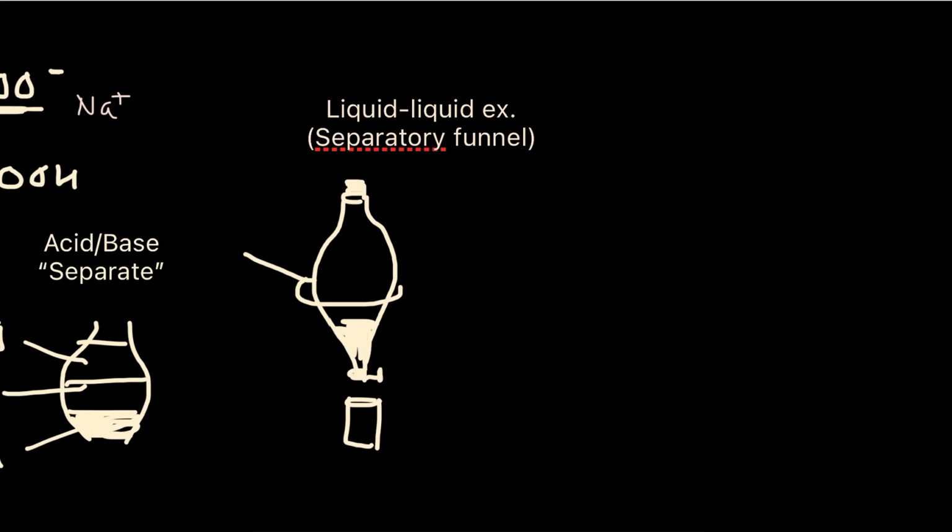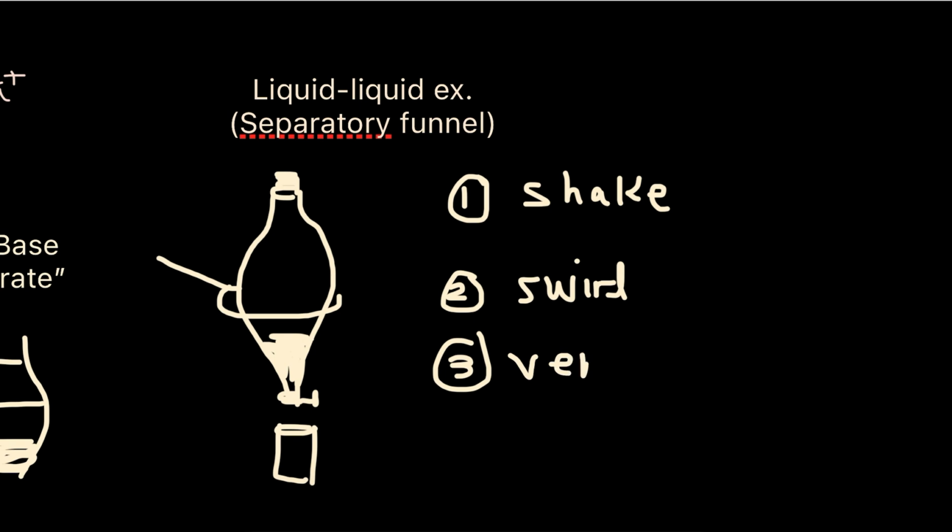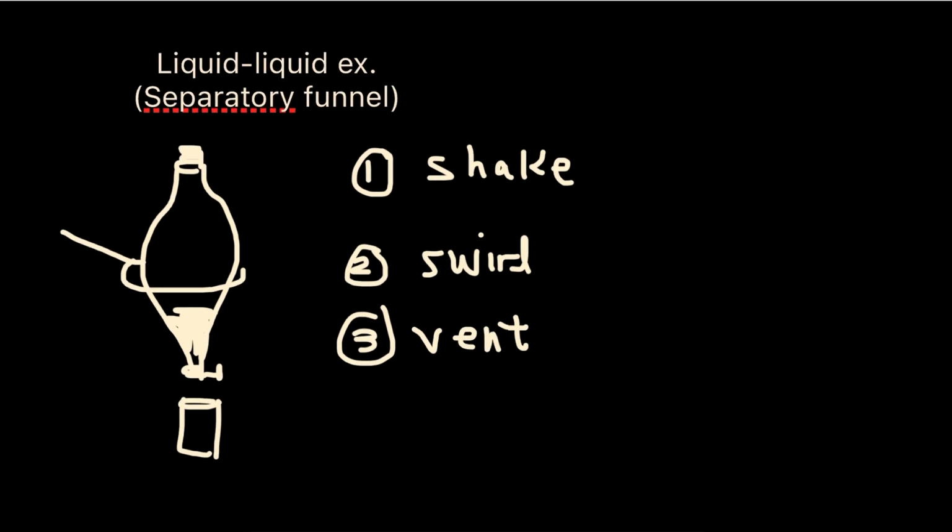The first step to treat this is to stopper everything, close everything, and shake or invert. Then you swirl and you vent. So venting is like pointing the funnel like a gun, but at nobody. And you open the stopcock to let out some gas, then you close it. And you should repeat this 3 times. Yes, okay. Magic number, don't forget about it on exam. 3 times, and then you would let it rest